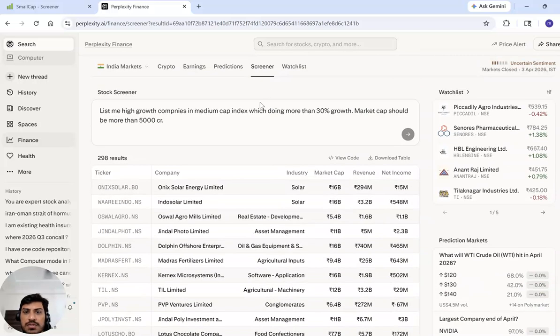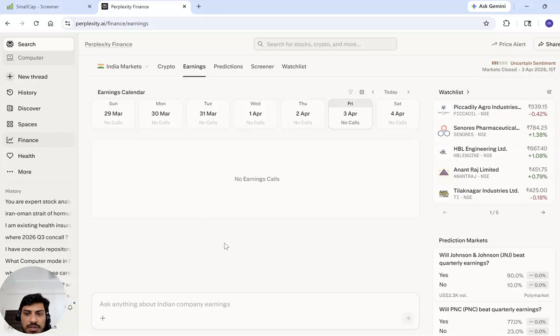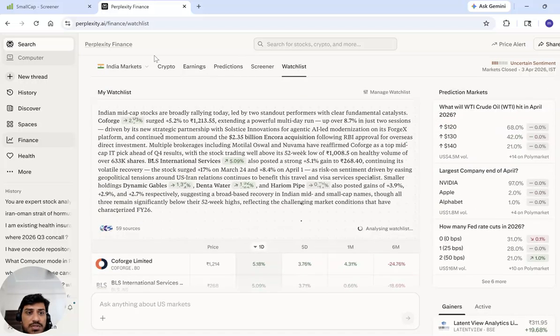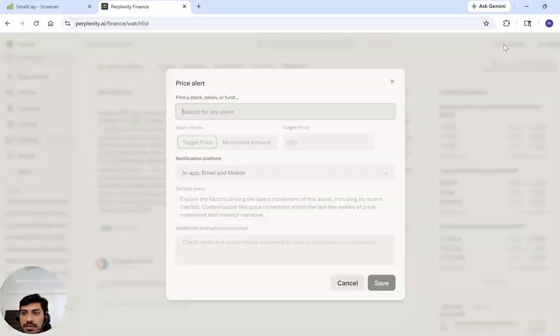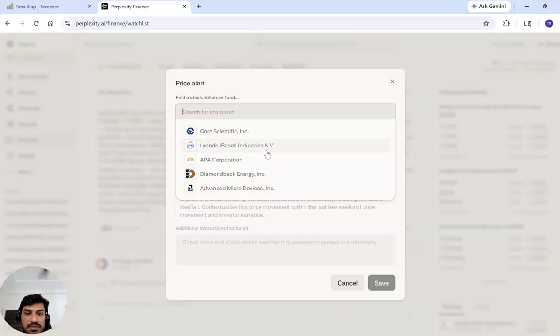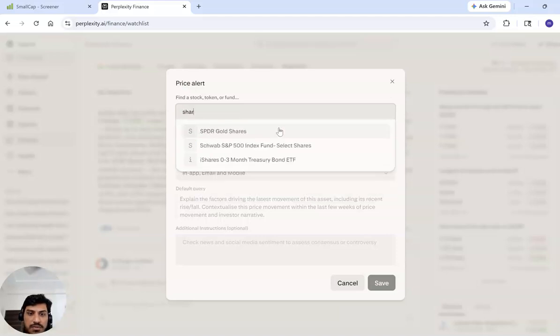Yeah, so this is how we can utilize it in earnings seasons. We can see here the earnings results, earnings calls, and other kinds of information. And this is our watch list we have already seen. Okay, for today, that's it. Here we can put the price alert and other stuff as well. So we can select our particular stock which we want to,